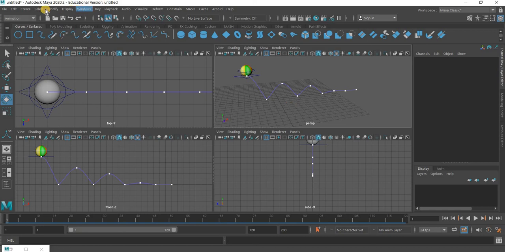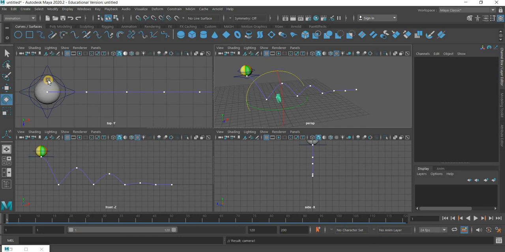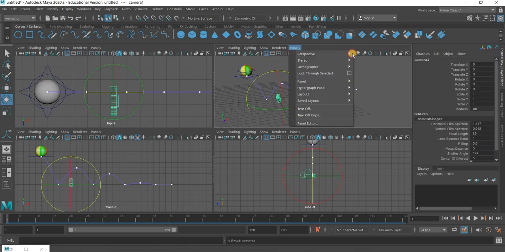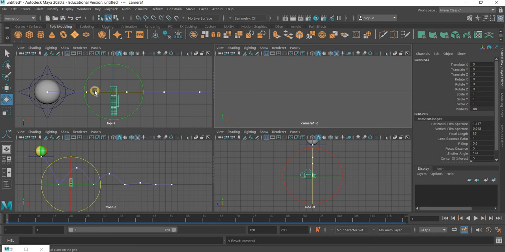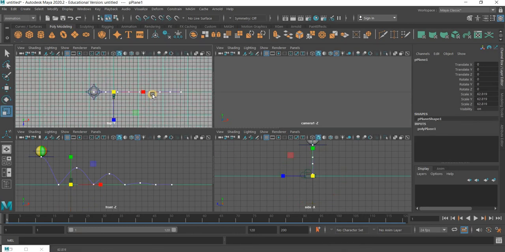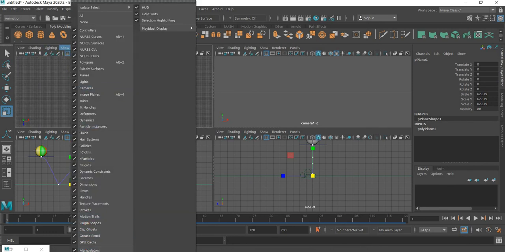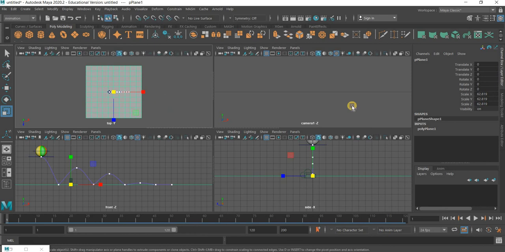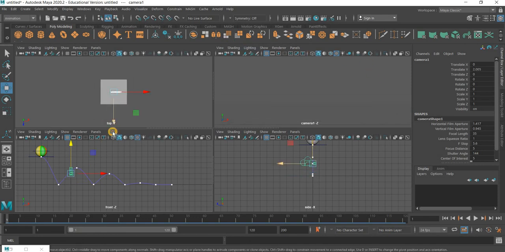So we'll go to create camera. We'll go to panels, perspective camera. We'll go to polygon model plane. And we'll make the plane big. And then that's where I went to hide the grid. Okay, and then we'll select the camera, move it up, move it back,